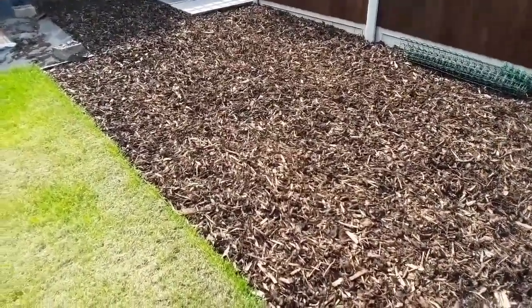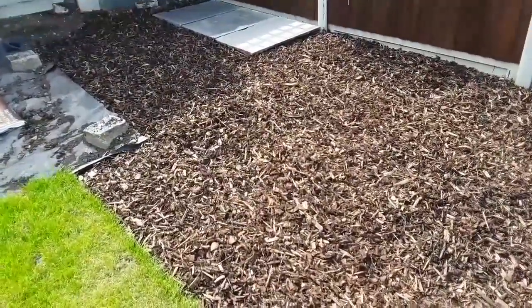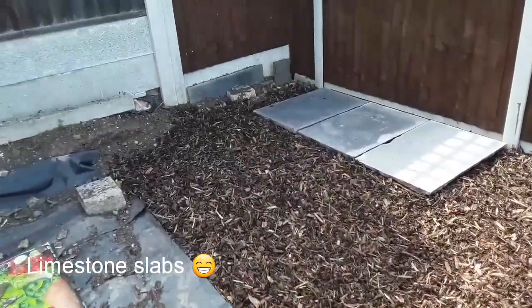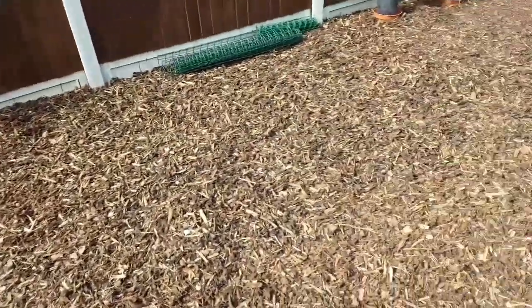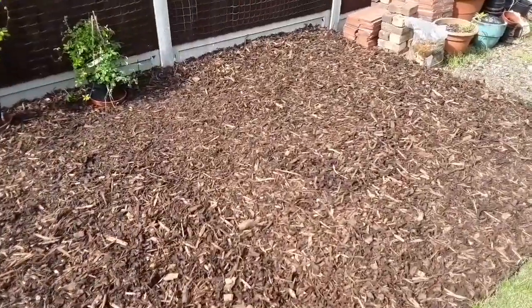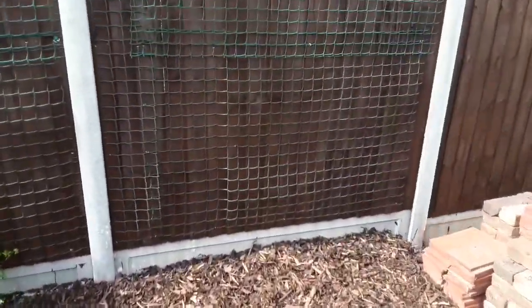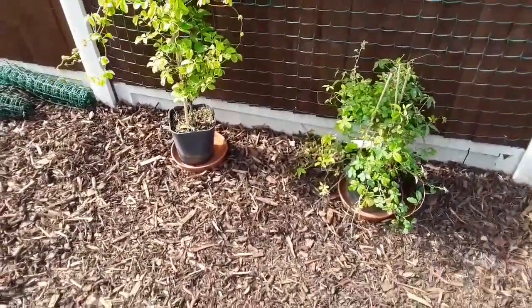It's a moving day today, not for me but for plants. During the week, a couple of hours after work, I've managed to finish getting this whole area barked, and I've got some paving stones down. It's looking quite nice. Now this is going to be my new plant nursery area. I've managed to get some trellising up fitted to the fence as well in the evenings,